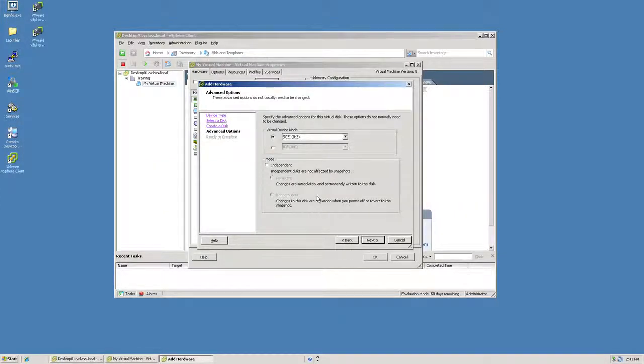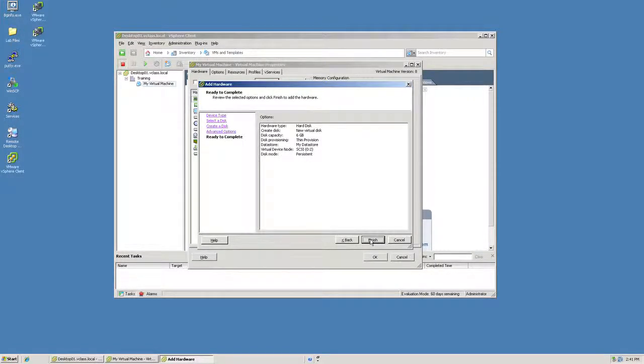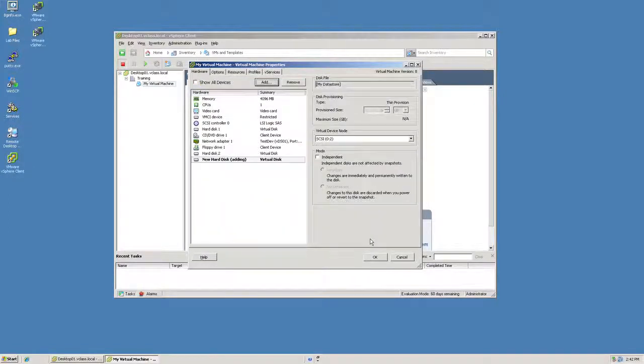On this screen, I'm provided the opportunity to present the virtual disk in a variety of different ways. I'll simply go with the defaults for now. And on the following screen, we have a summary that points out what we're about to do. We're about to create a 6 gigabyte thin provisioned virtual disk in the My Data Store data store. If I click Finish, followed by OK,